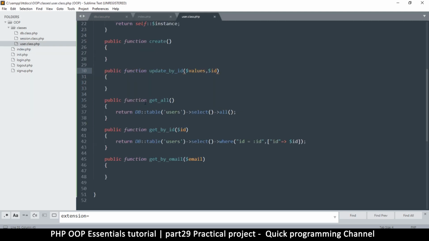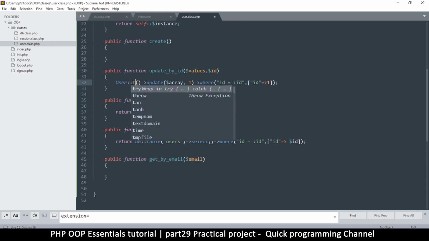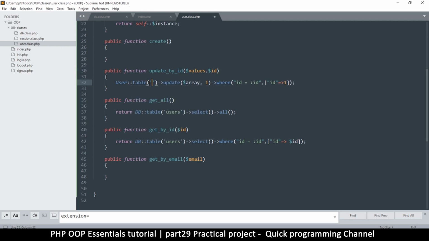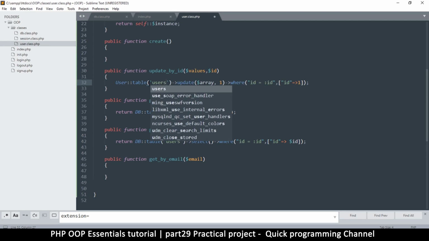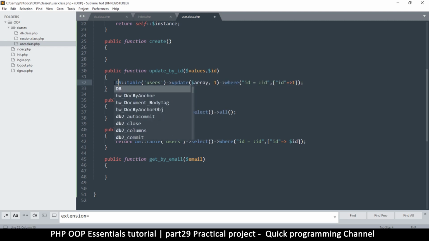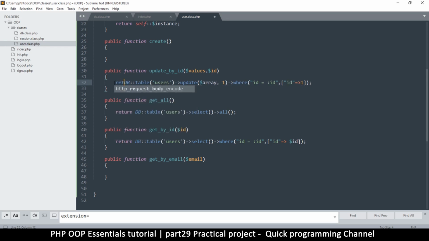This is where we're going to add the actual database thing here. So I'm just going to say db table. So I'm going to say table, and we already know we're in the user class, so the table is users, and then this should turn to db. And of course, I want to return whatever value is returned over there. I want to transfer it back here. Okay, so db table uses update,